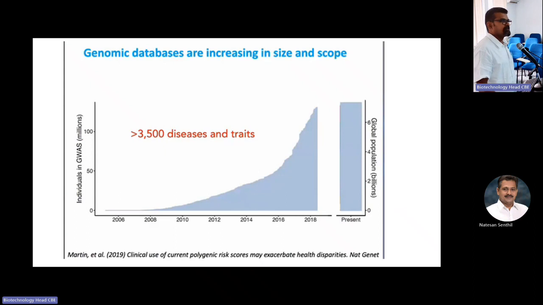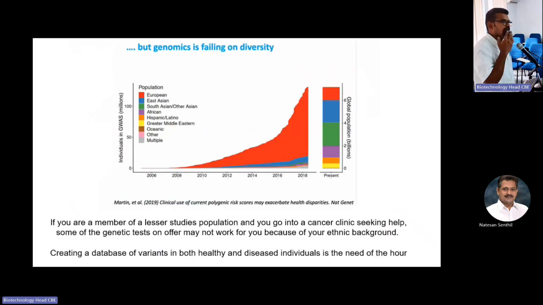So the genomic databases are increasing in size and scope. More than 3,500 diseases and traits have been documented. As we proceed with GWA studies, genome-wide association studies, more and more disease-related associations are also linked out. But genomics is failing on diversity. For example, if we take our own Indian population,